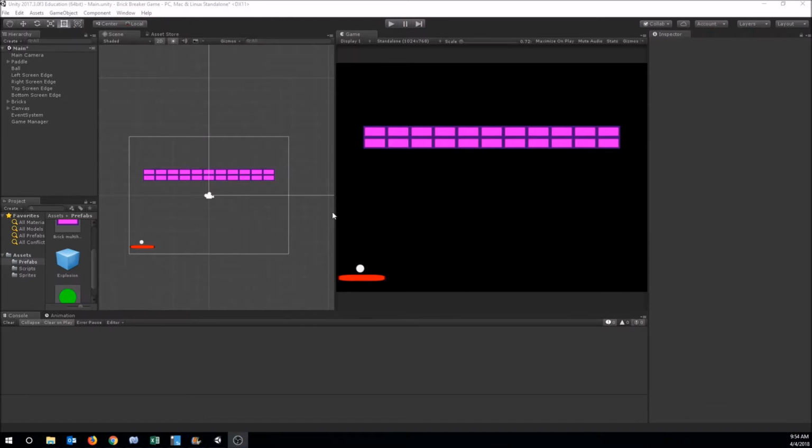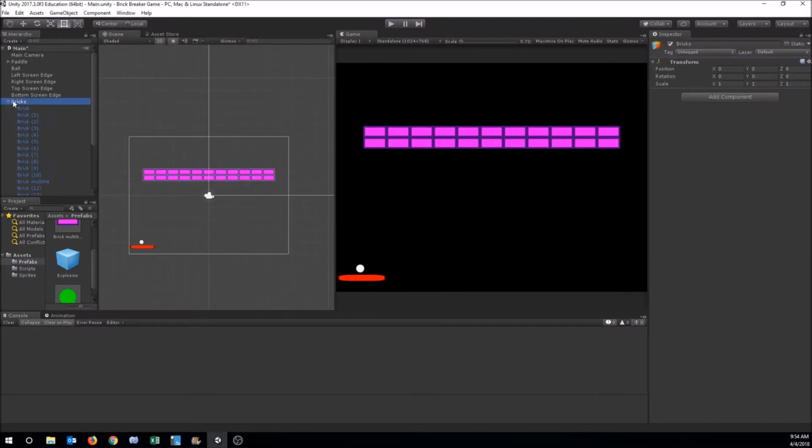In this video we're going to be looking at how to make multiple levels. So we're going to make a new set of bricks for a level, and then we're going to show how we can swap between those levels as we go through the game while maintaining our lives and score and all those things. So currently we have in our scene our first level full of bricks here, and they're inside this